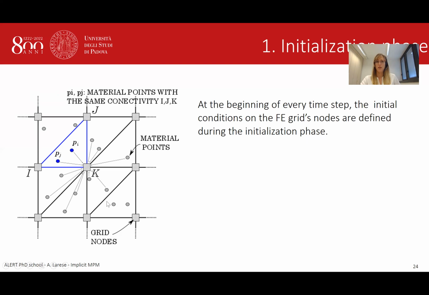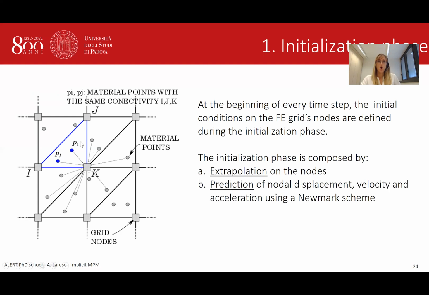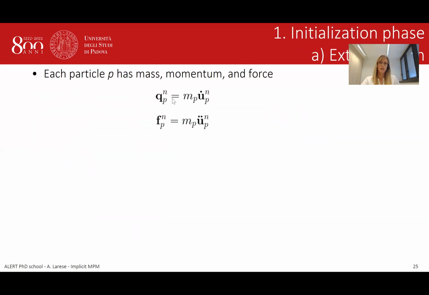We have a background grid which does not know anything, and we need to extrapolate the information from the material points to the nodes, and then to predict the fields of velocity, acceleration, and displacement on the nodes, to perform this using a Newmark scheme. So what we can do at every time step, since every material point has its own mass,